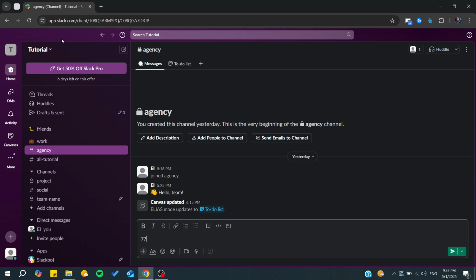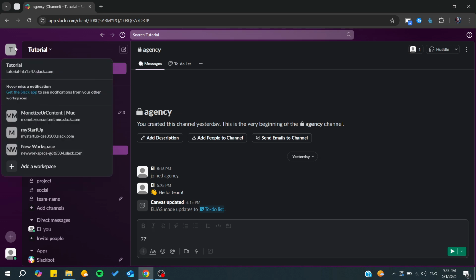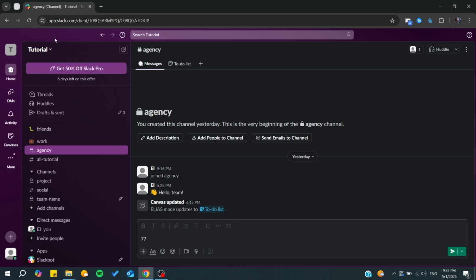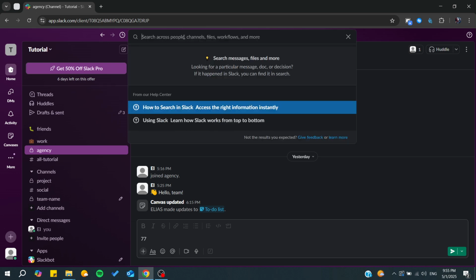So simply, all you will be needing to do is to access your workspace, and from there you can simply start searching in the search bar. And basically, the search bar allows you to search anything on Slack, either keywords, channels, people, and also messages or whatever. So from here you can click on the search bar, and as you can see, we